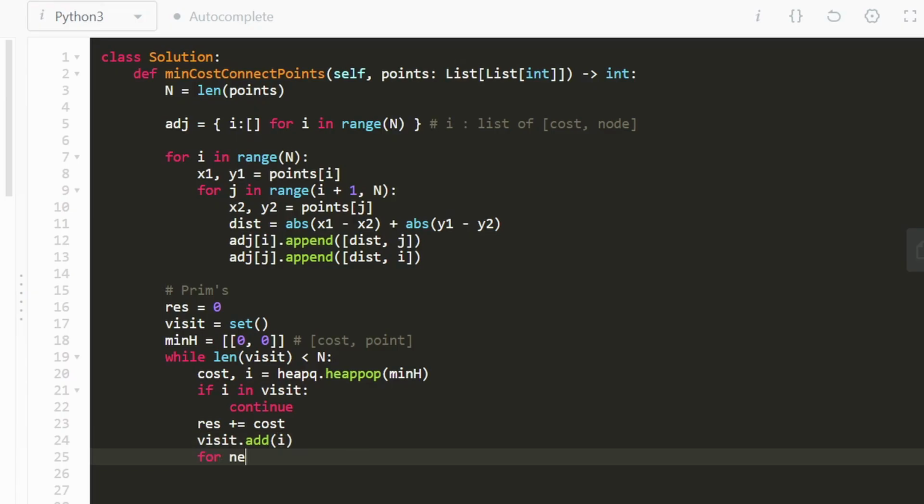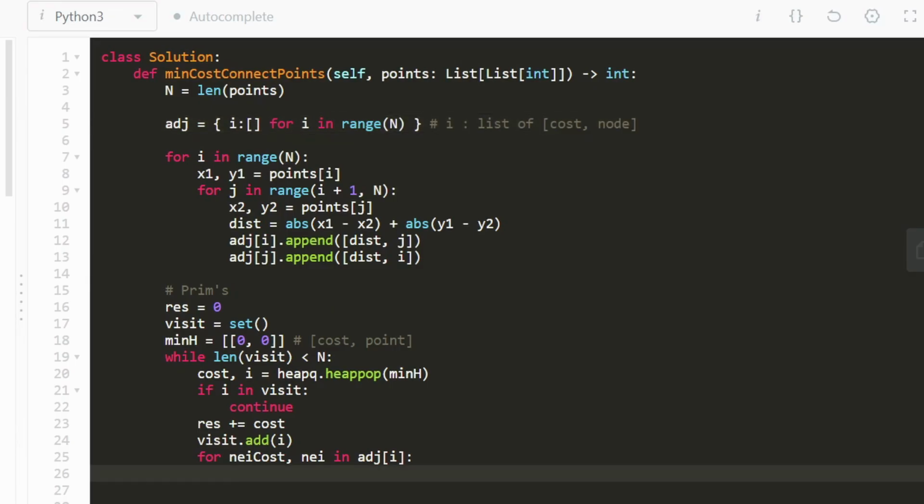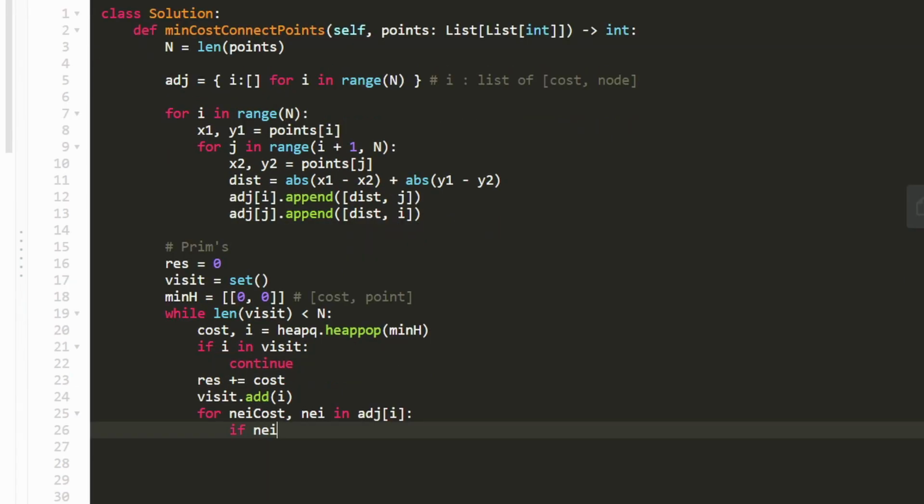And then we're going to go through every neighbor in its adjacency list. So the adjacency list of i. And remember, each neighbor actually isn't just one value. It's going to be the cost. So let's call it neighbor cost, as well as the neighbor. Right up above, you remember that in our adjacency list, we added a pair of values in that list, cost and the node itself. So now for each neighbor, if the neighbor is not in visit,